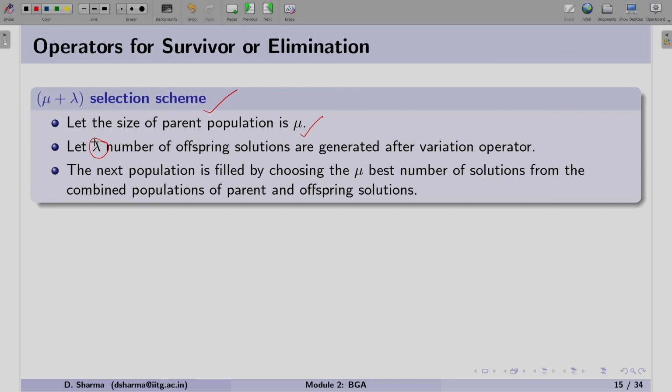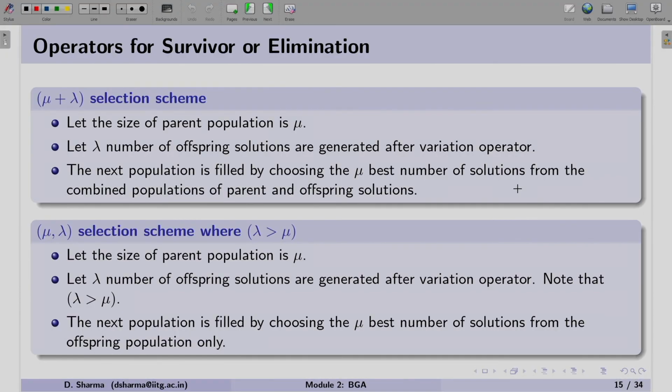In this process, we combine both of them: the combined population of parent and offspring solutions, and then we sort, and after sorting we select the best solutions for the next generation population.